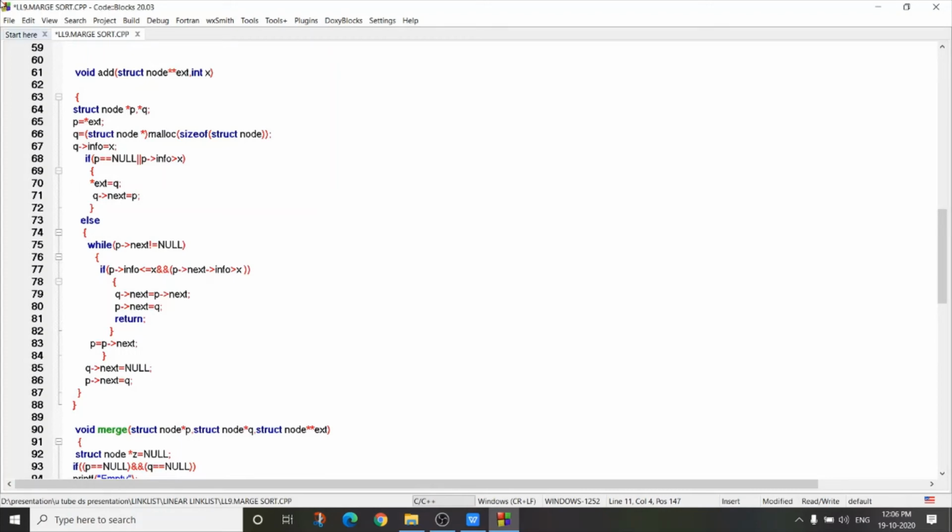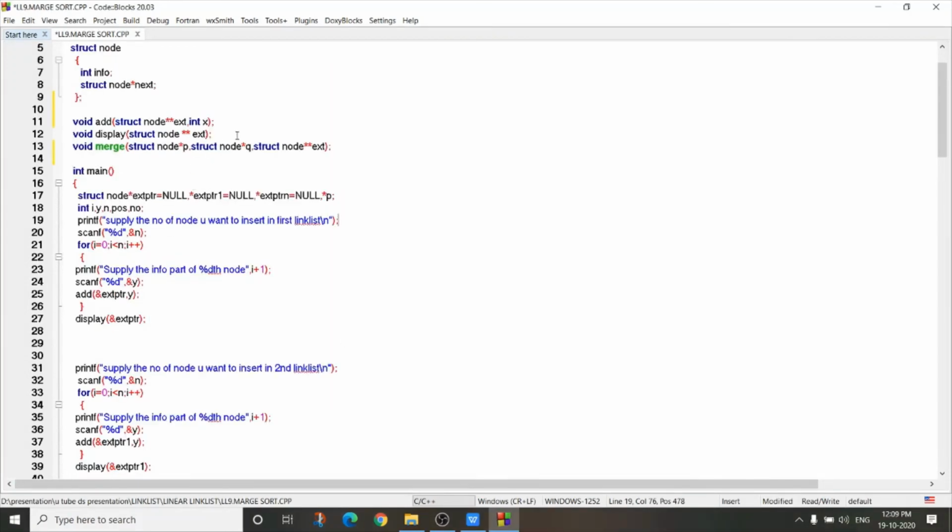So this function is for creation of an ascending order linked list. In our previous video, we already discussed how to add a new node to an ascending order linked list so that it is still sorted. Please consult the previous video, then the concept of this function will be clearer for you.